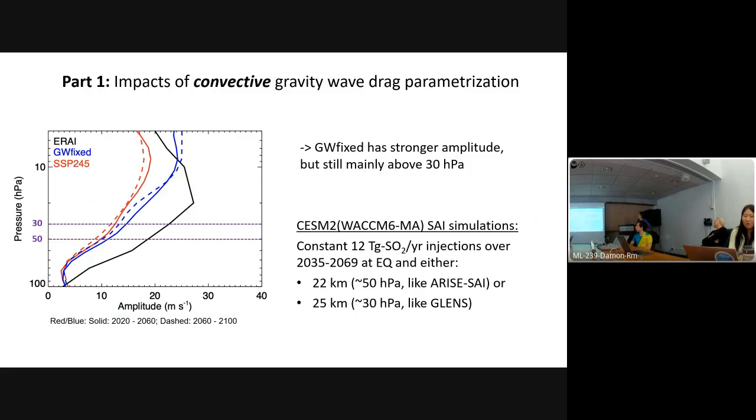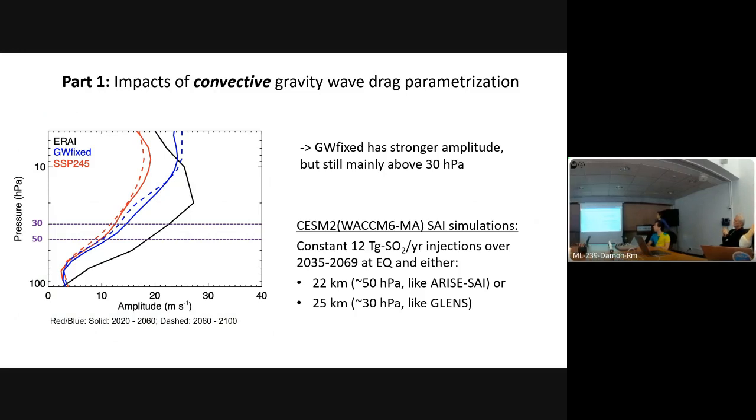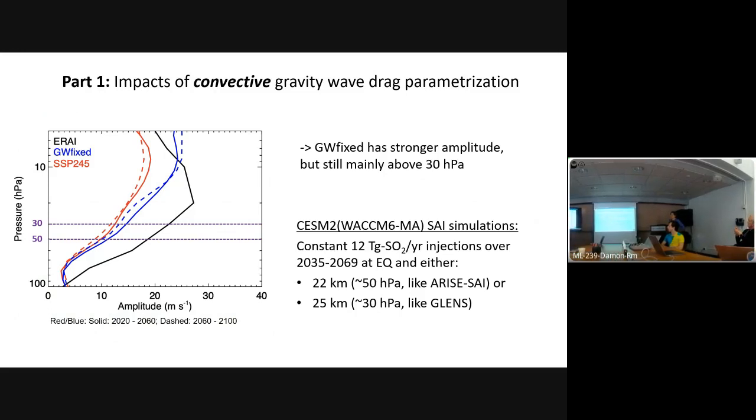So in terms of assessing how much impact this has on the uncertainty associated with stratospheric aerosol injection, we performed a set of simple SAI simulations with constant SO2 injections in the lowest stratosphere at the rate of 12 teragrams SO2 per year. And because the modulation of the QBO is stronger at around 30 hectopascal and above,